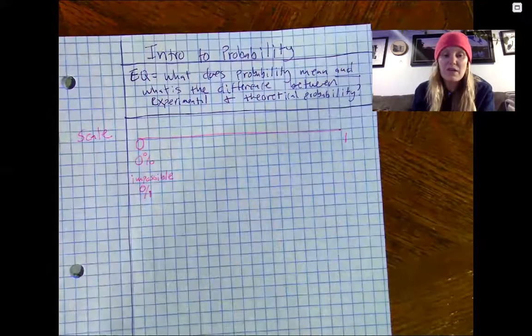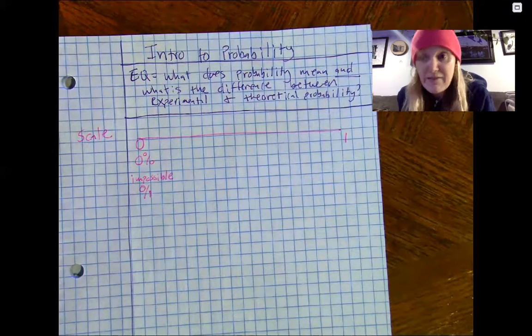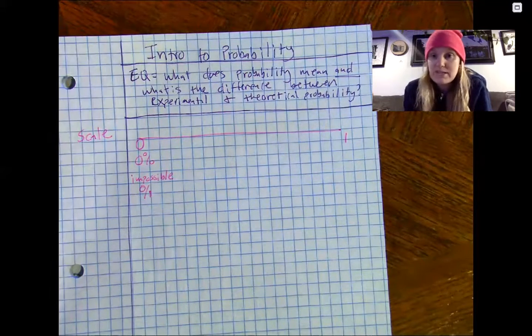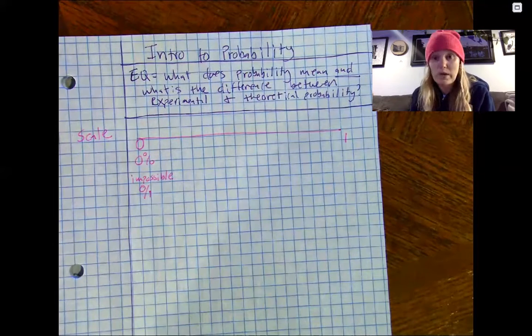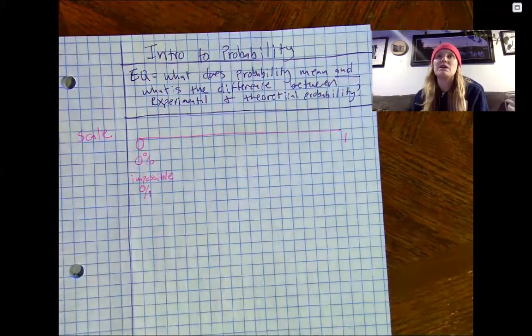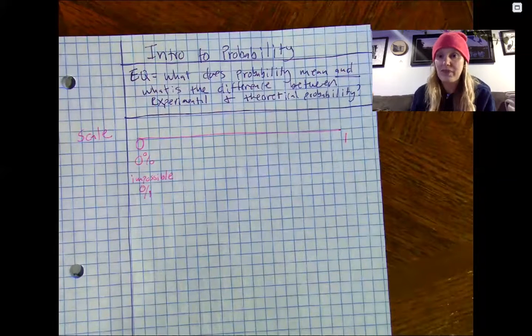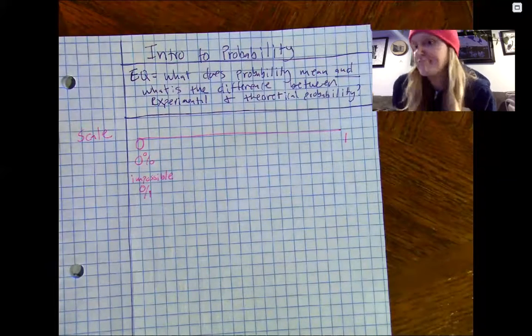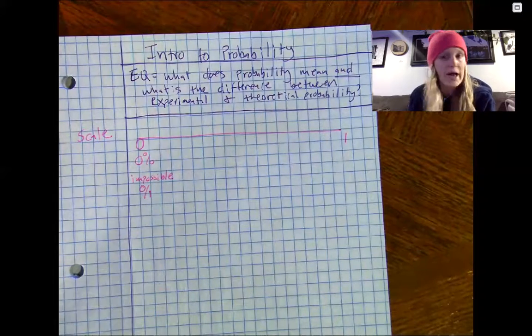Something that has a 0% chance is rolling a die and getting a 7. It's impossible. It happens 0 out of the 6 times. Picking a day of the week that starts with Q: 0 out of 7 start with Q. Let's think of the probability of picking a month without a vowel in it. Every month has a vowel in it. Impossible things are things that cannot happen.